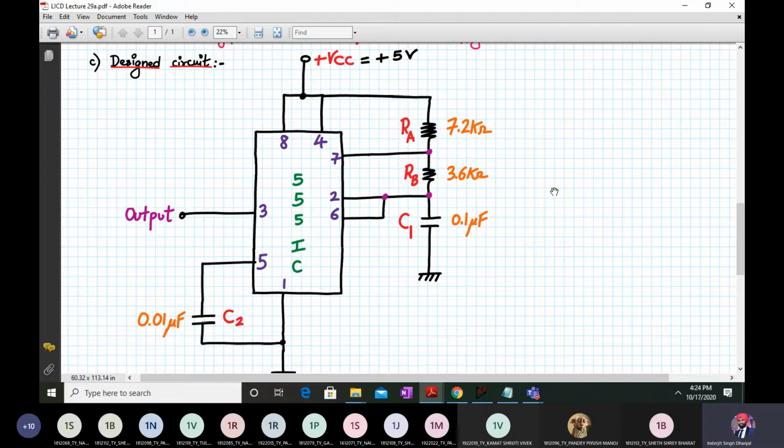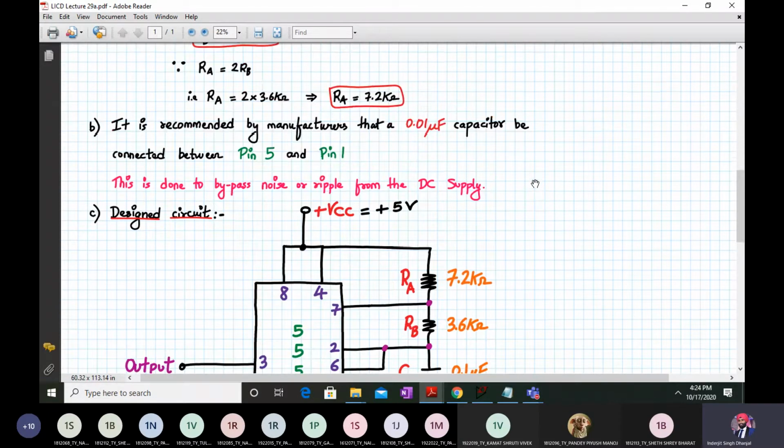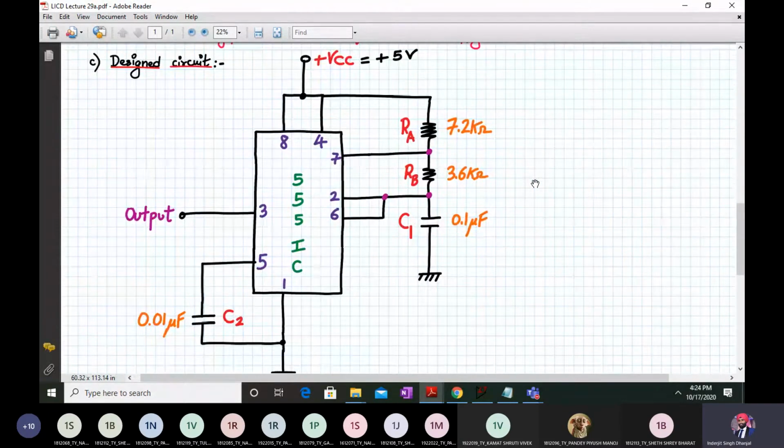So today also we are building an oscillator, but this won't be a sinusoidal oscillator. It will be either a square wave or a rectangular wave oscillator. This circuit will generate, if it is astable, normally a square wave, but in this special case we can have a rectangular wave also, with a different duty cycle. A square wave is the one with a 50% duty cycle.